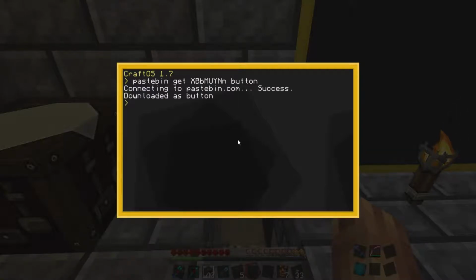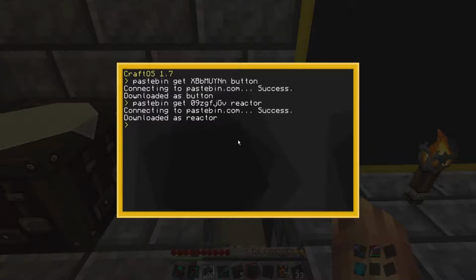Alright, so there we go. We're going to connect, we're going to get it, and it is downloaded as button. Now, for the reactor, we are going to do the same thing, only we are going to back up, and this one is going to be 0, 9, Z, G, F, J, capital G, V, and we are going to name this reactor. And there we go. So those are the two paste bins that you need in order for this entire setup